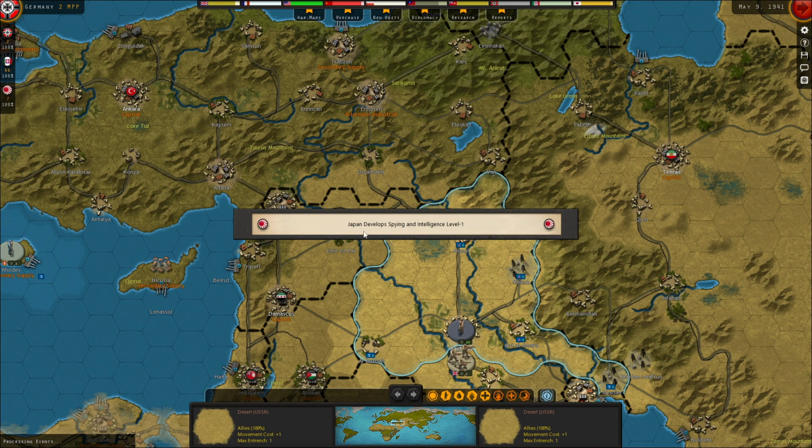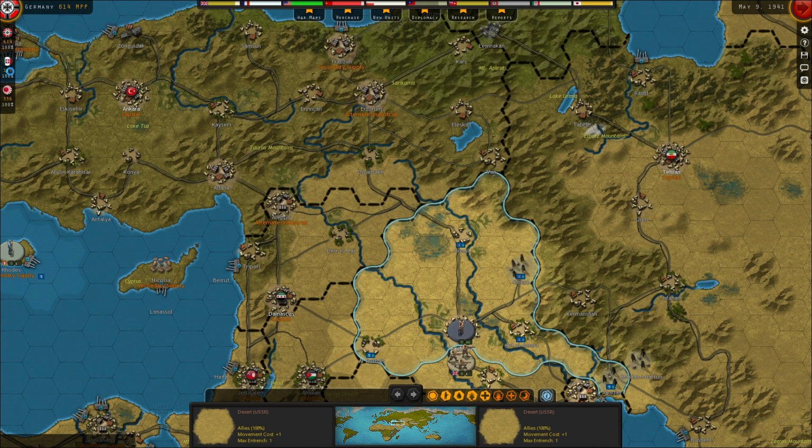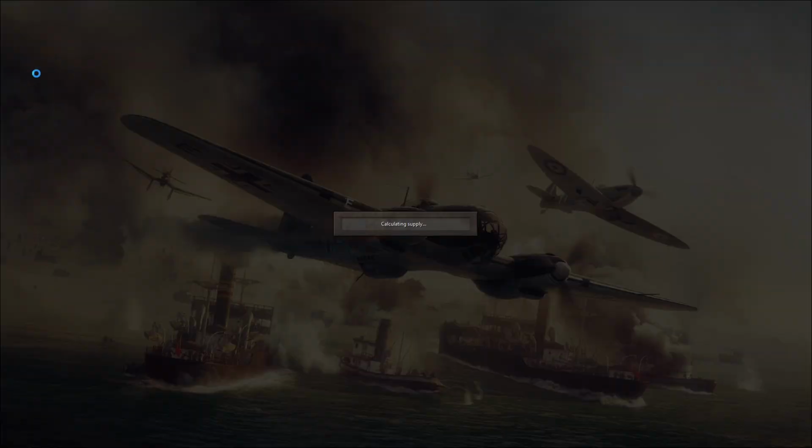None of us do, right? Japan is spying and intelligence level 1. That's good. Coming out with good MPPs as Germany. Yeah, okay. Japan still maintaining roughly the same amount. And same thing with Italy. 175 I ended with Italy. If we don't take any damage and we don't reinforce anything, that is a guaranteed tech research, if that's what we choose to do. However, that's all we have for this turn and for this episode, so we're gonna have